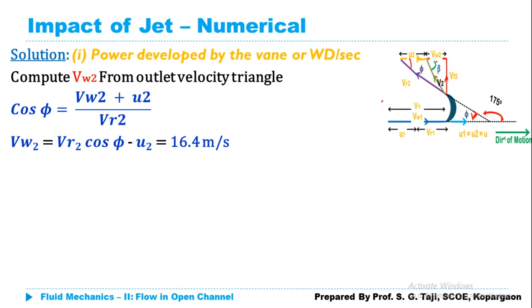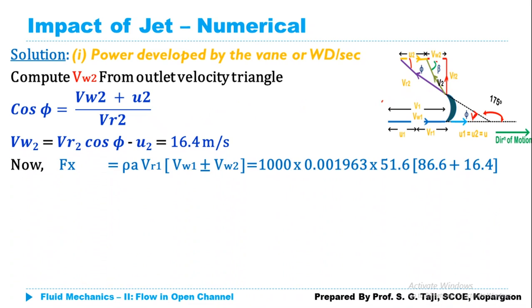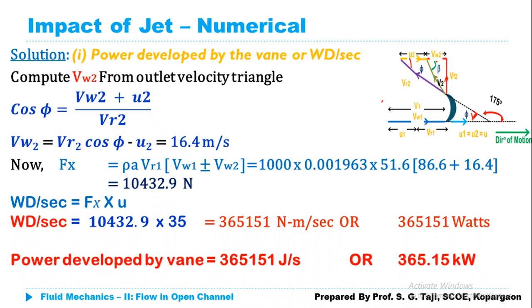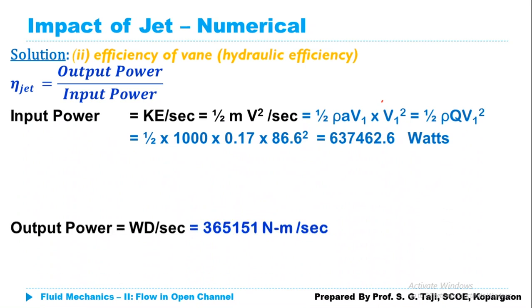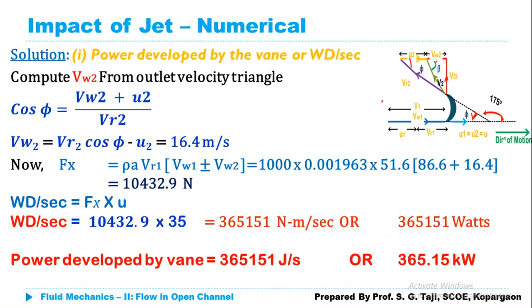Now we can calculate VF2 by using a relationship. But before that, as we have calculated VW2, something went wrong. I haven't even calculated beta. I just missed the calculation of beta, so you should simply calculate this beta. As I've used the positive sign here, I might have forgotten to add those calculations. As I'm using the positive sign here, obviously beta is less than 90 degree. So you can confirm it by completing this calculation.